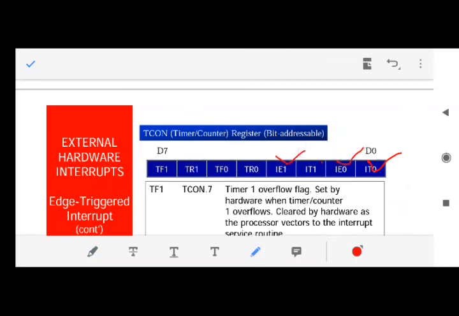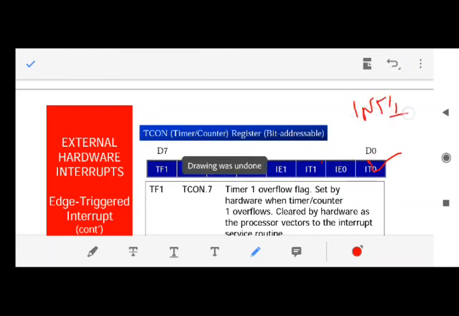Fine. And see this also, these 2 bits also correspond to the interrupts. These 2 bits hold the data about which interrupt is being serviced. For example, if interrupt 0 occurs, then this bit will automatically become 1, and whenever the interrupt 0 ISR is finished, this bit will automatically become 0. So this bit is kind of a flag which shows whether INT 0 is serviced or whether INT 1 is serviced. For example, an interrupt 1 occurs.